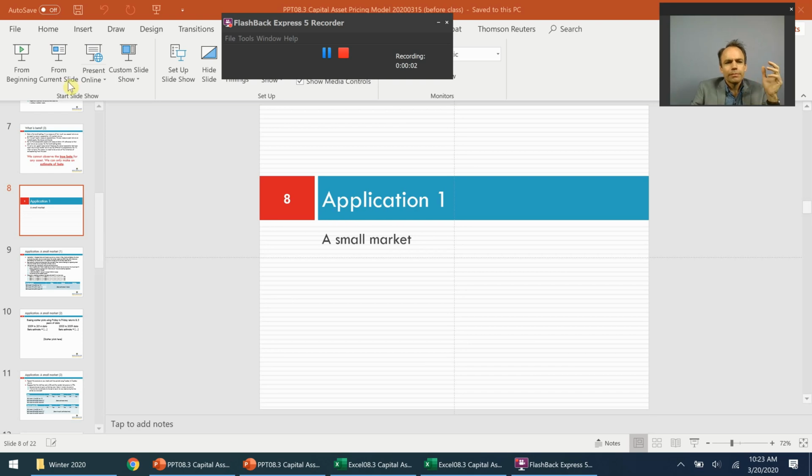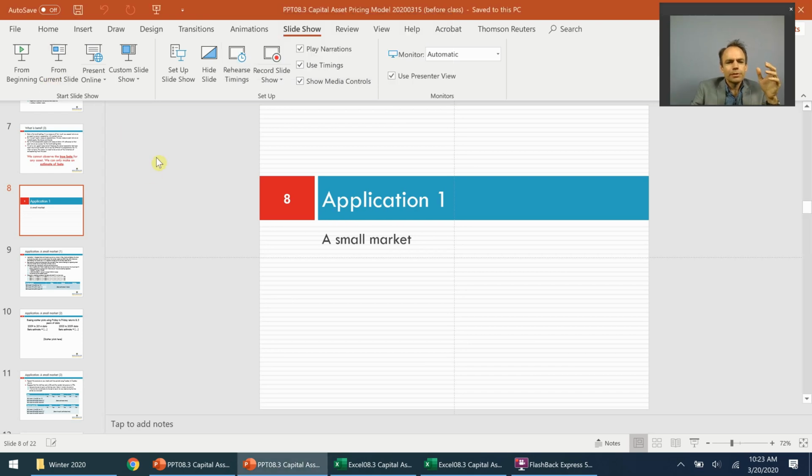Welcome back, folks. In the current presentation we're going to show you how to estimate beta. I'm going to consider a small market of a small number of stocks. We're going to do some regression analysis, and I'm going to toggle back and forth between some Excel and PowerPoint